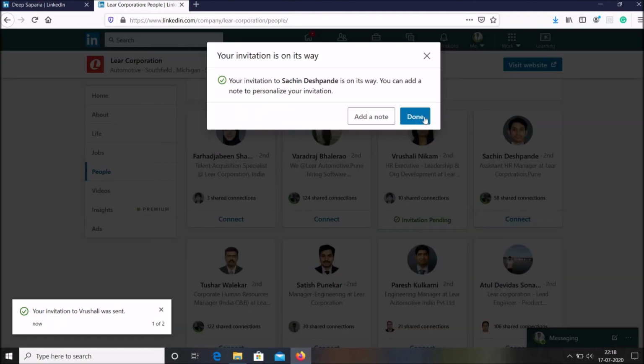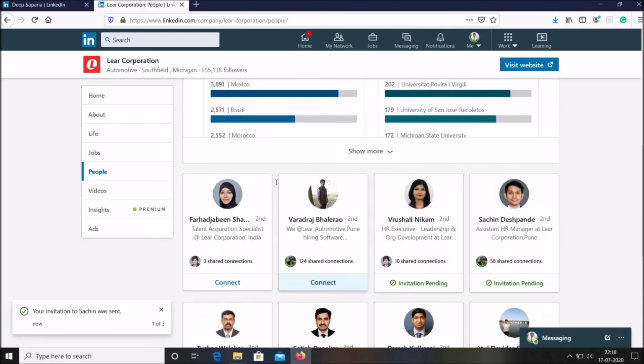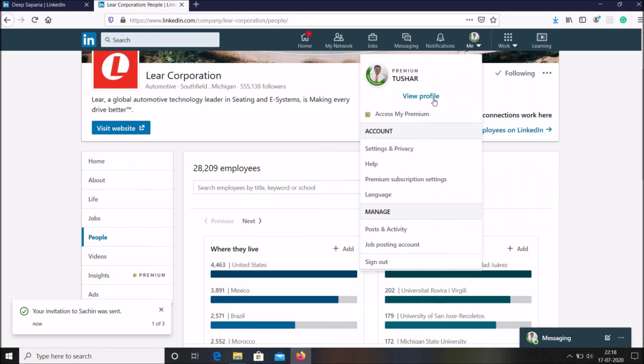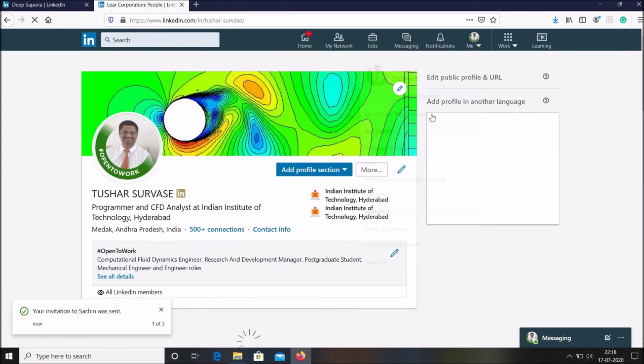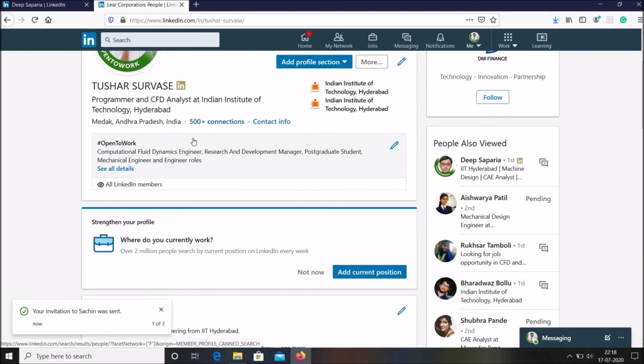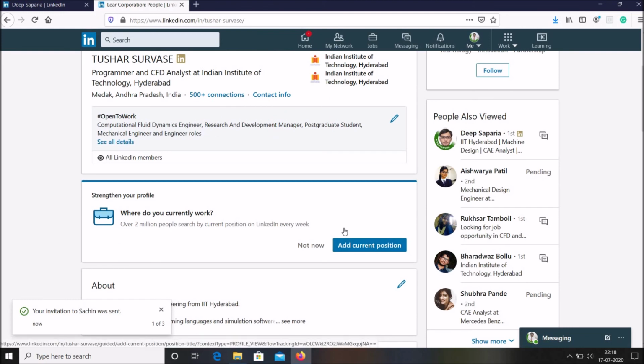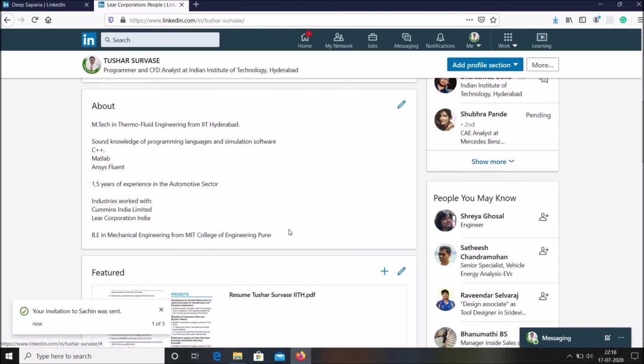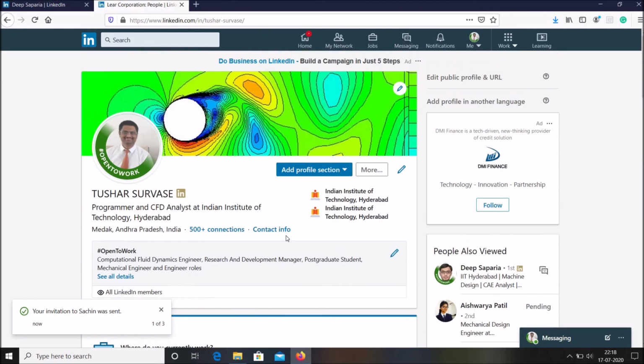So it's just a similar way. You can go on selecting the different organizations you are trying for and just apply to them. So this is how a LinkedIn profile is created. We described it in short, but I guess that will help in getting your resume shortlisted. Thank you.